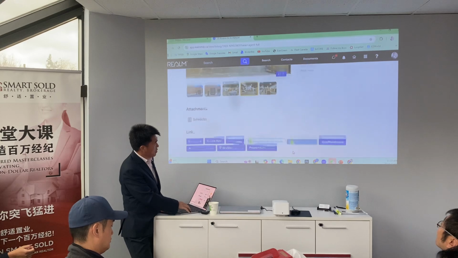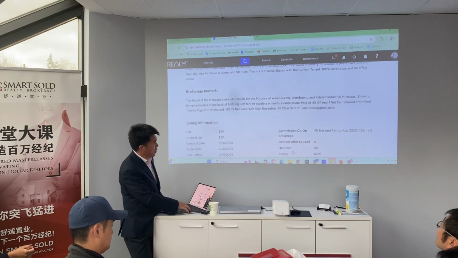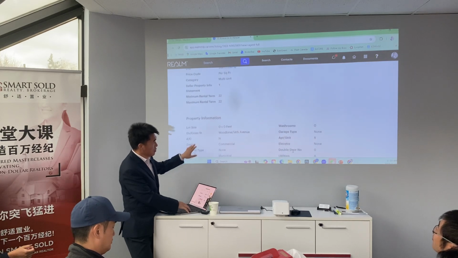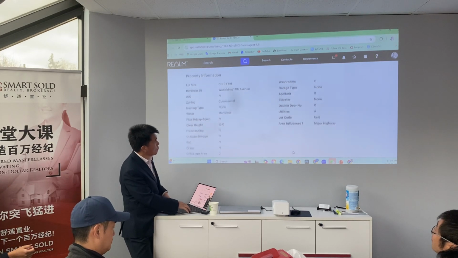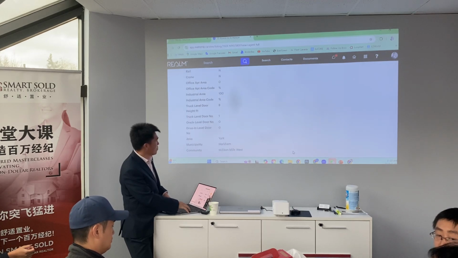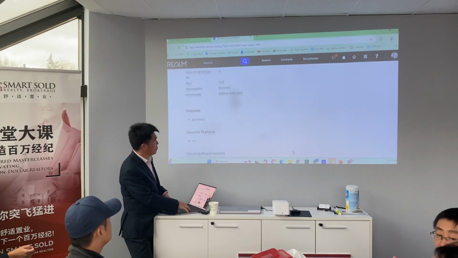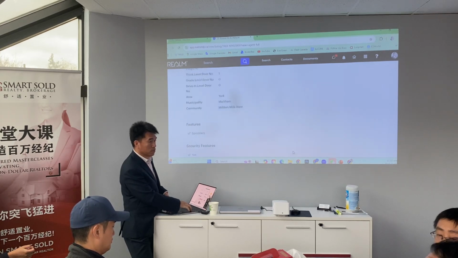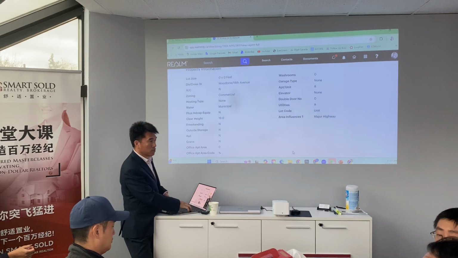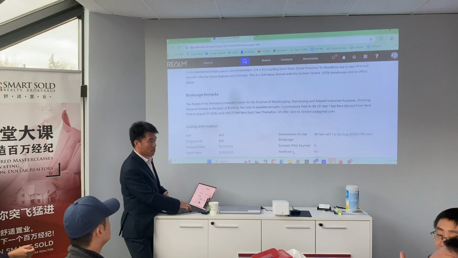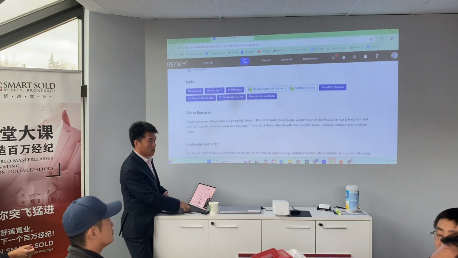Let me see if anything else. Any questions so far? Anything that you are not quite understanding on the listing? I have a question. Because I choose the category as sublease, but in our new system, if I find some warehouse, the agents usually choose lease. Right. In this case, can they find my listing, or should I turn to